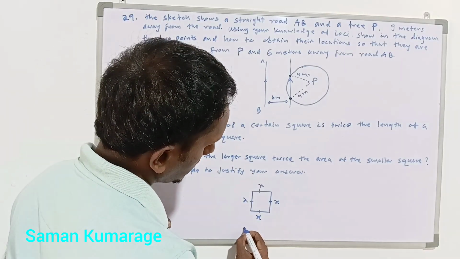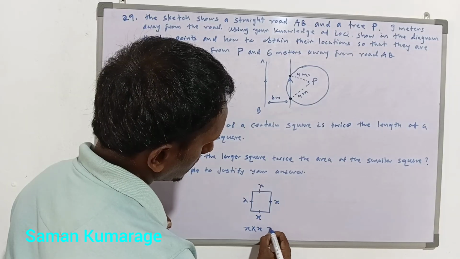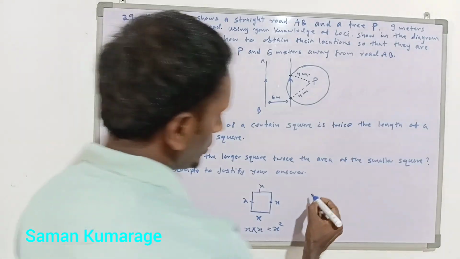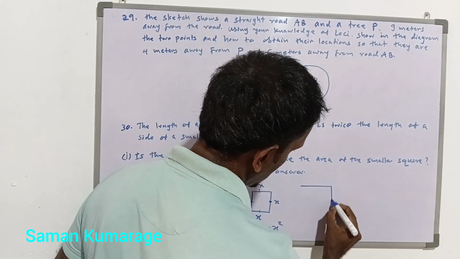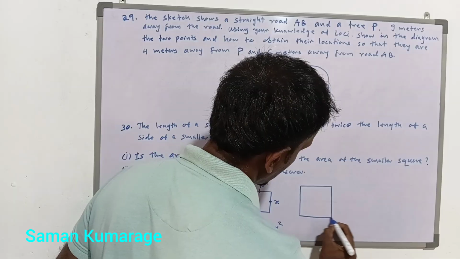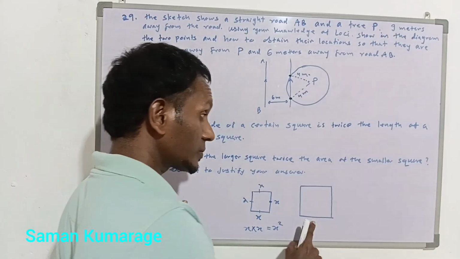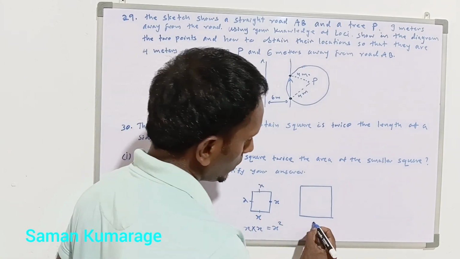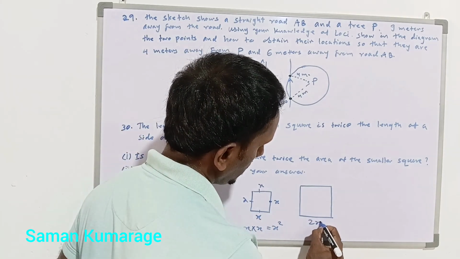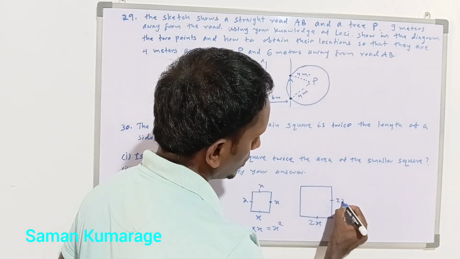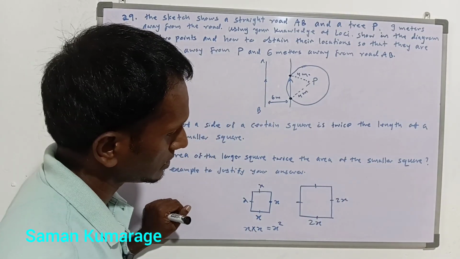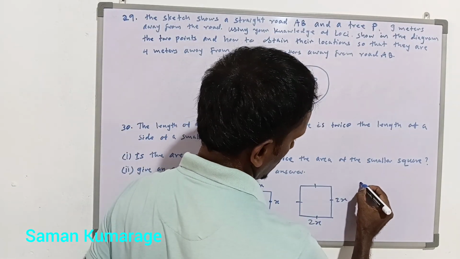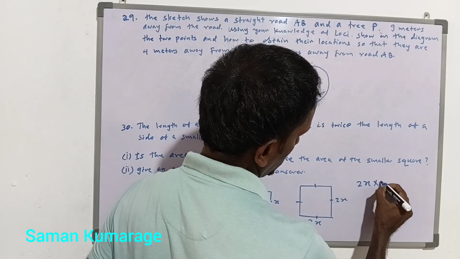Here the area is x times x, which is x squared. And then we have to draw another square such that the side of the bigger square is twice the side of the smaller square, 2x. If this is 2x, this side is also 2x. All these sides are the same. So the area of this larger square is 2x multiplied by 2x,